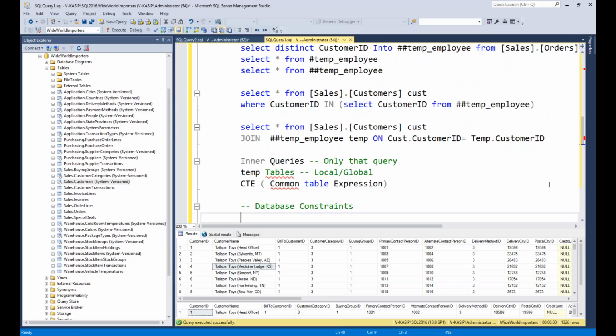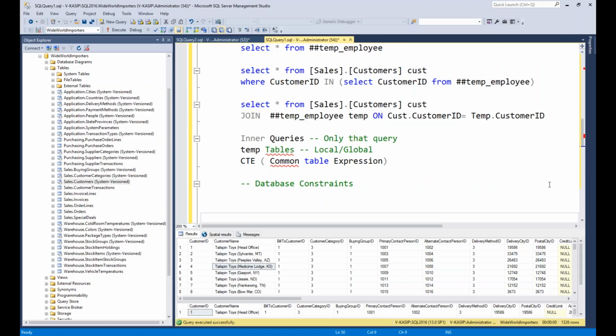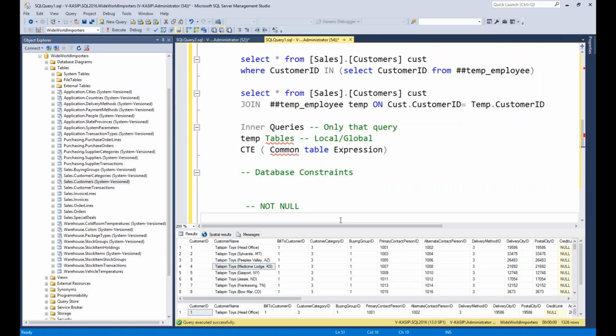So there are certain levels of constraints you can apply at the database level to ensure your data has quality information. Suppose I don't want any null in this particular column in my table, then I can apply NOT NULL. Not null is one constraint. These database constraints I'm talking about are all with the create statement. Whenever you are creating a table, you can define the constraint on a particular column. You can define employee ID not null.